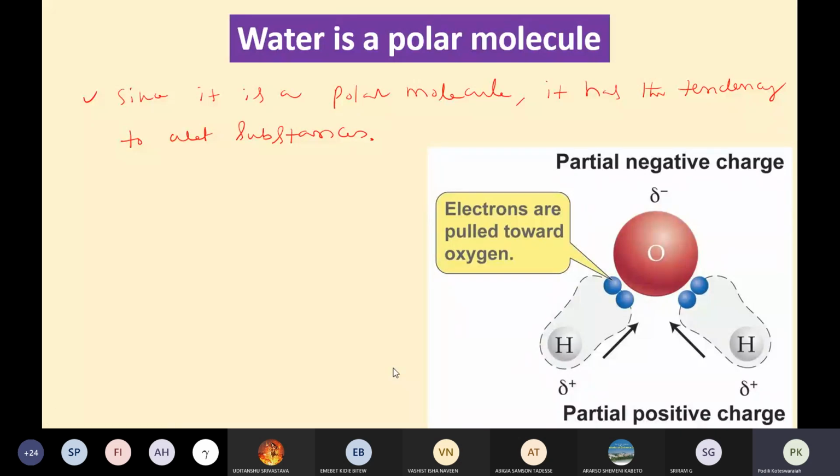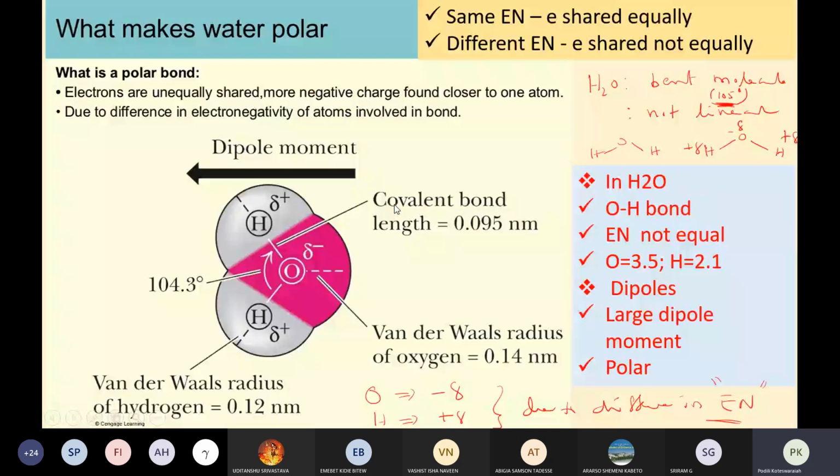So that's why, as I already said, since it is a polar molecule, it has the ability to solvate, or it has the tendency to wet substances. In the sense that, since it is a polar molecule, it has the tendency to solvate many compounds, or it has the tendency to wet substances. So what makes the water